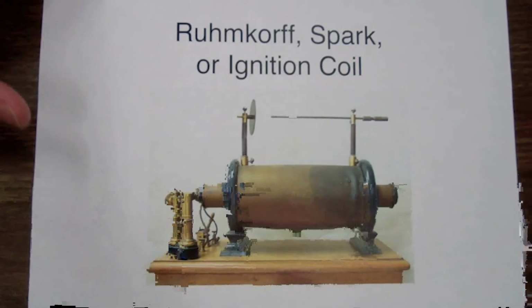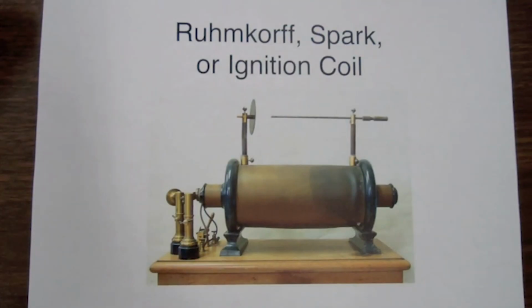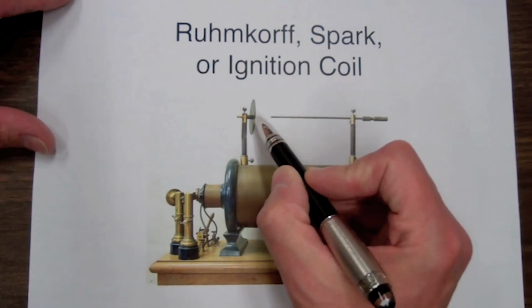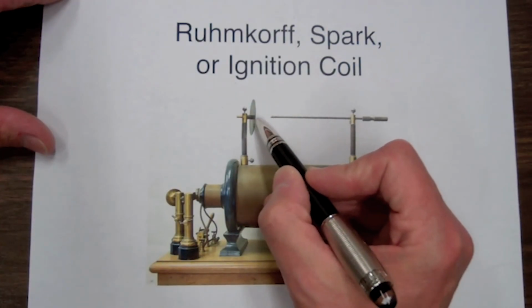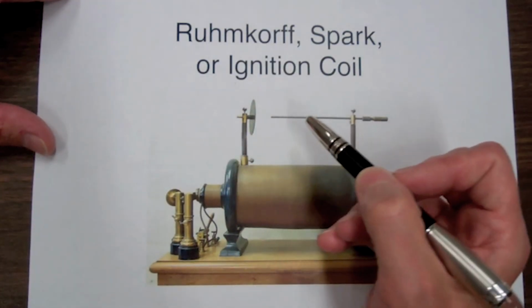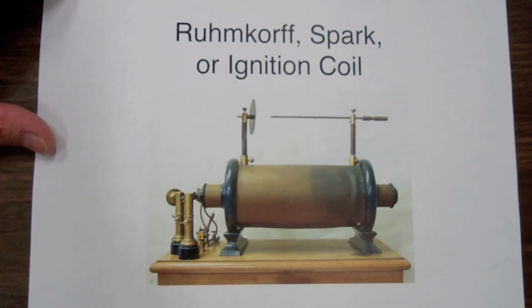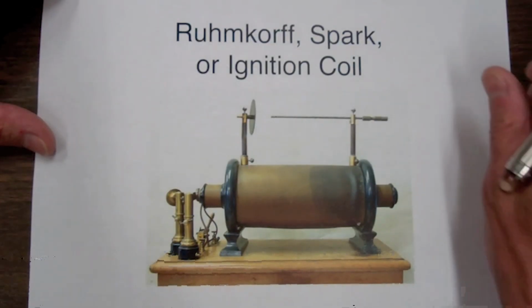For instance, I found one which was a 42-inch Ruhmkorff coil, which meant you could have a gap here of 42 inches, or a little over a meter, and generate dielectric breakdown of the air. And in that coil, they used 280 miles of wire. Now, when Heinrich Hertz demonstrated the existence of electromagnetic waves, he used a spark coil to launch his electromagnetic waves.